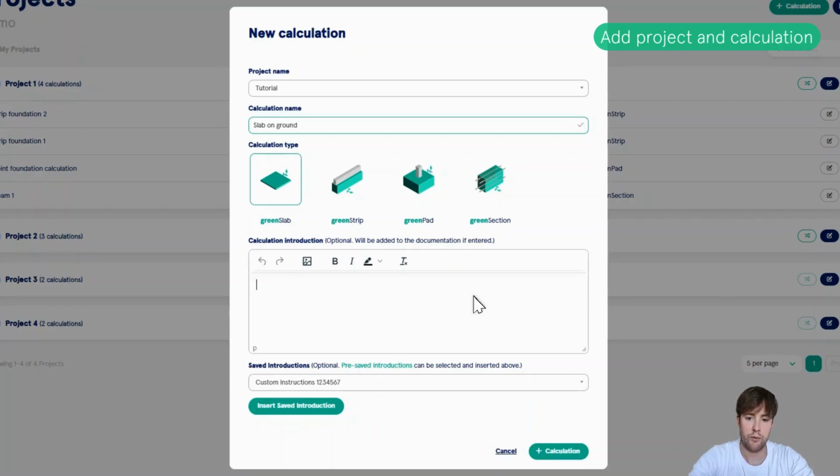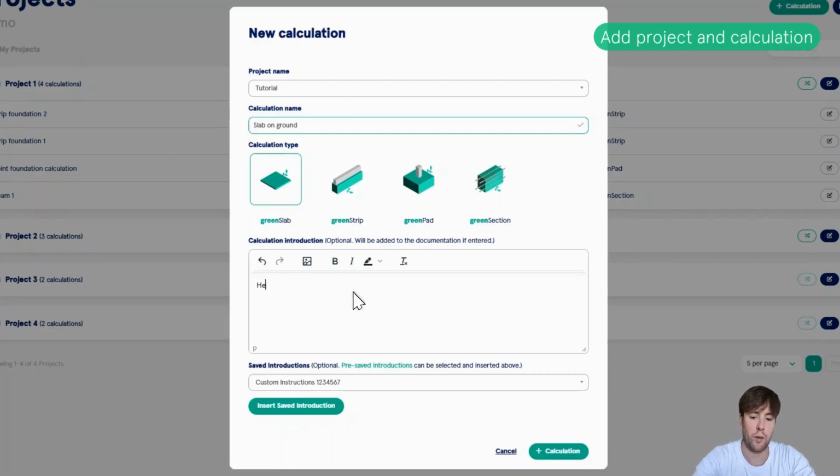The last thing before we actually add the calculation is that you can add introductions or instructions, whatever you want to call it, which will be part of the documentation when we print that out at the end of the tutorial.